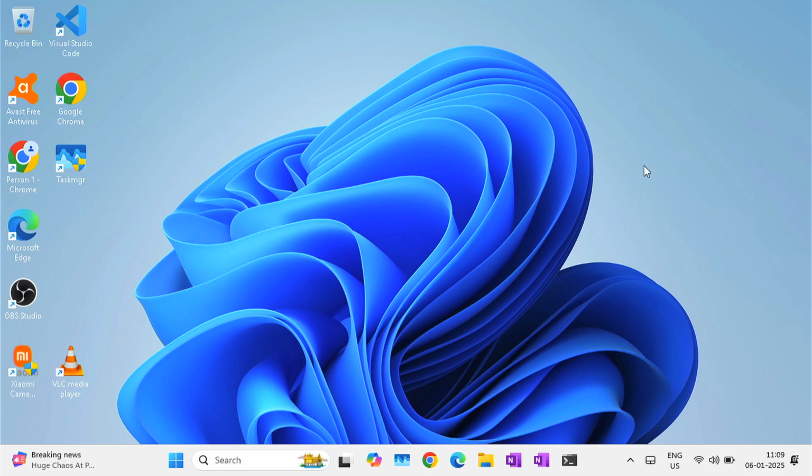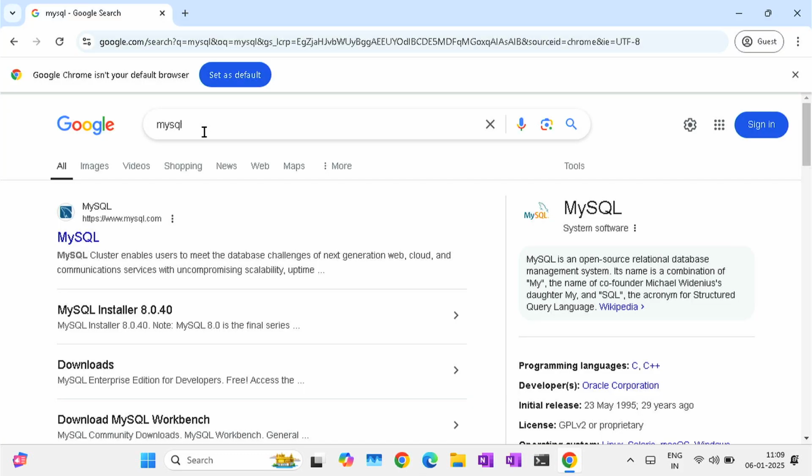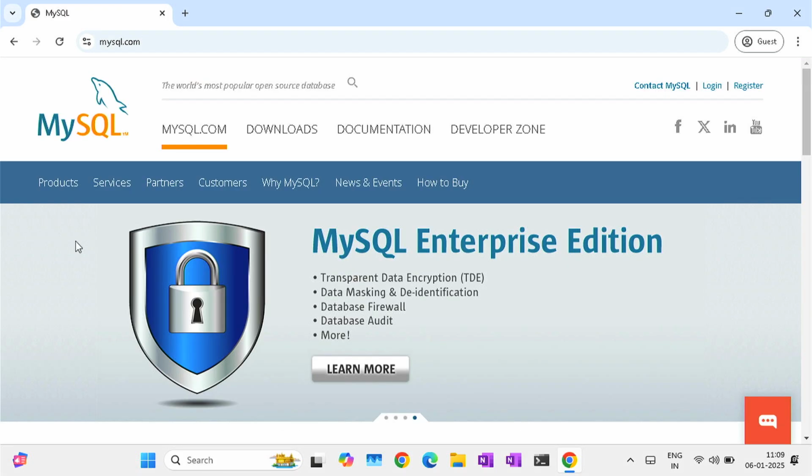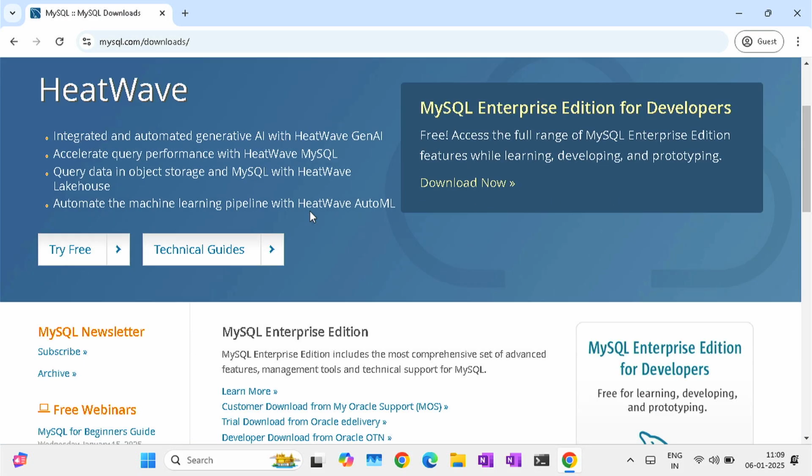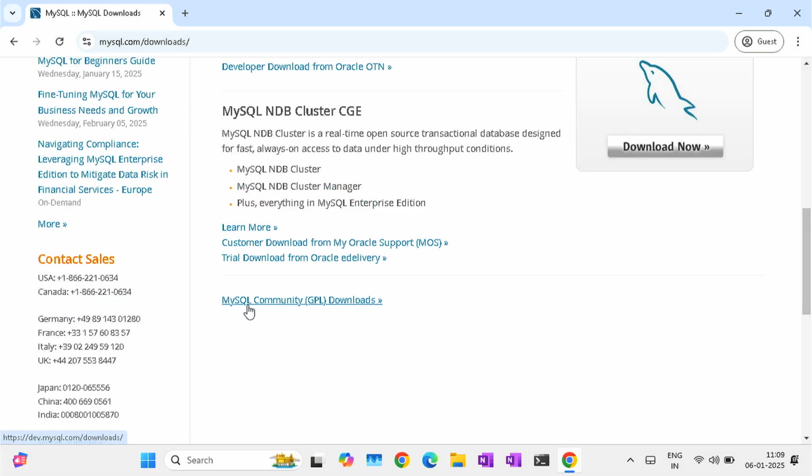Hi guys, so today I'm going to tell you how to install MySQL on Windows 11. So first of all, open your favorite browser and search for MySQL and click on the first link which you get, which is www.mysql.com. On the MySQL homepage, click on Downloads and then scroll down to find this option, MySQL Community GPL Downloads,